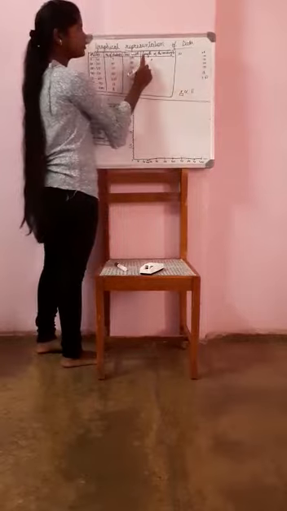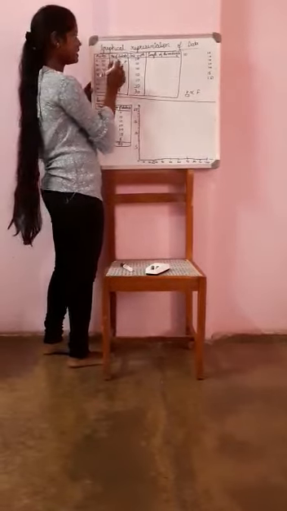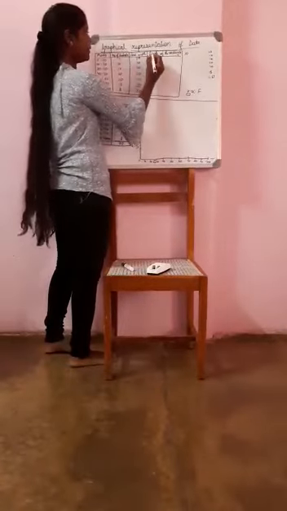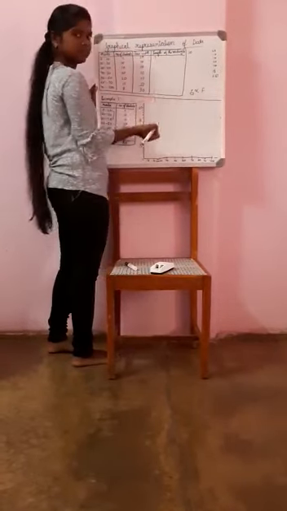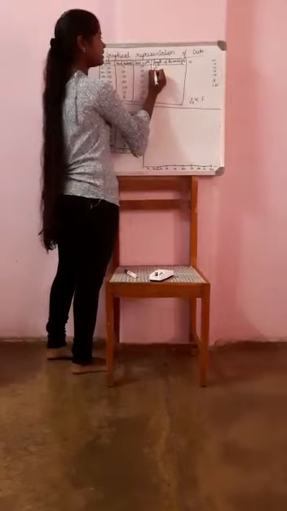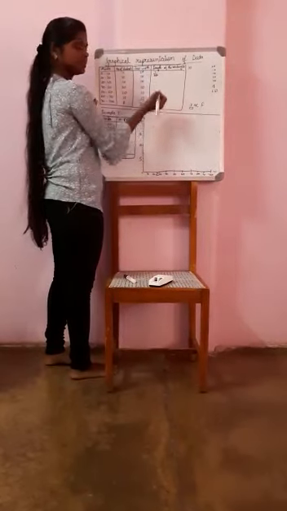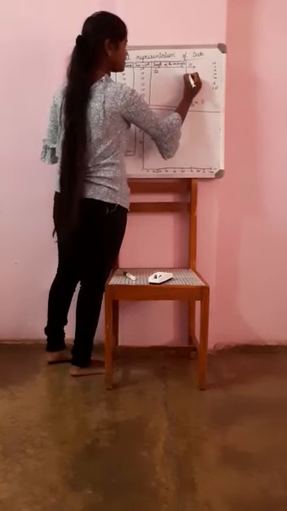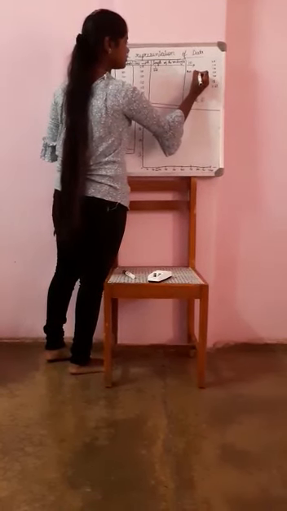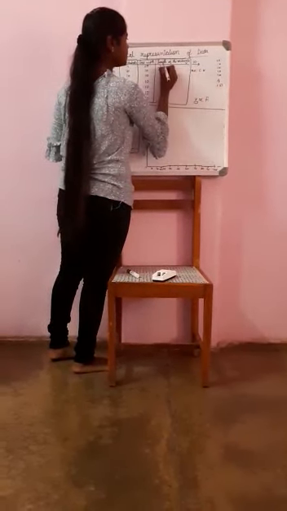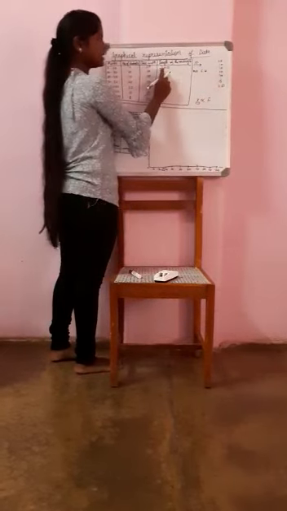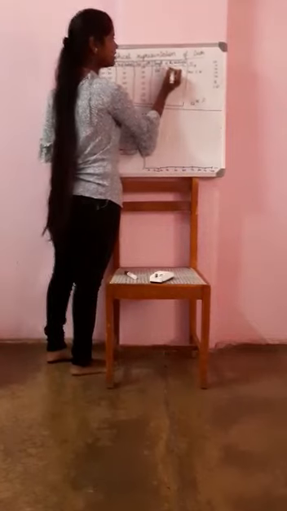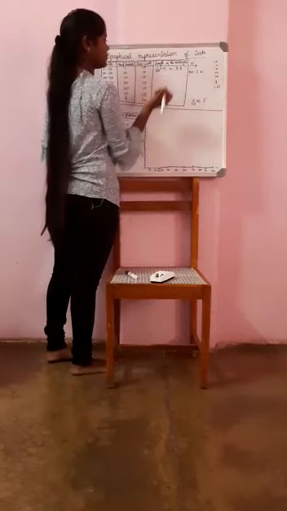Now, to find the length of the rectangle, I am going to consider the frequency, that is the number of students in this table. 7 divided by the class width and multiplied by the minimum class width which you have chosen. That is 10. I am going to multiply this with 10. So I am going to get 3.5.